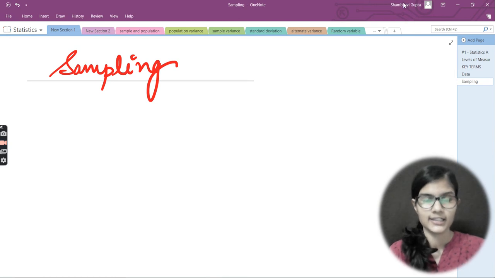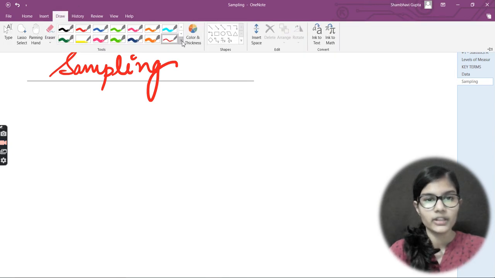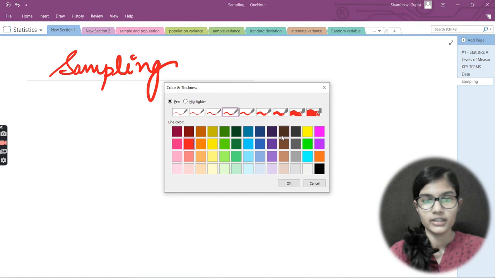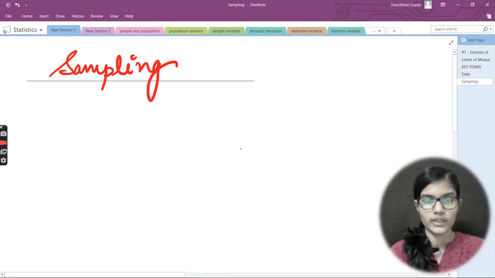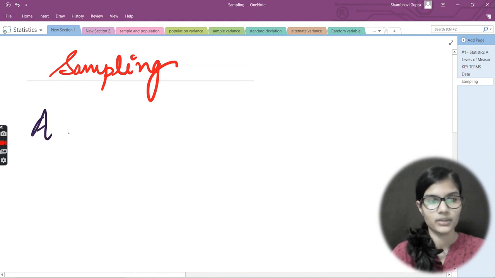Okay, now let's get started. So from here I could just choose a random color and proceed with the writing. Fine. So what is a sample? I would just write one definition here.